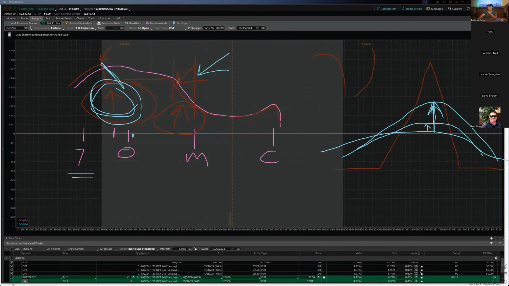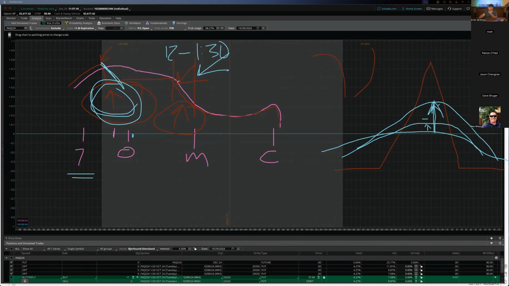The second one happens typically around noontime or the beginning of the afternoon session. So that's anywhere from like 12 to about 1:30 is when you can expect this other big move. When I say big move, it's not a big move in the market. It's an acceleration of the premium decay, which means that your fly gets filled up faster, all right? And it'll accelerate, but then it will continue to accelerate as the day goes on. Now, we could do a study of this, but I'm telling you, this is basically what happens.